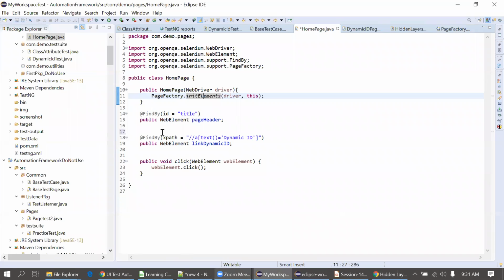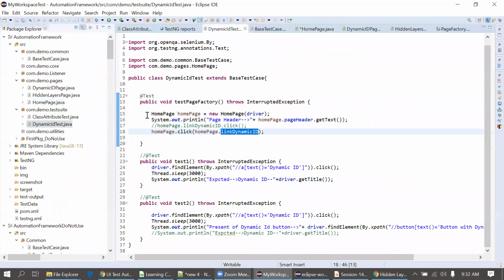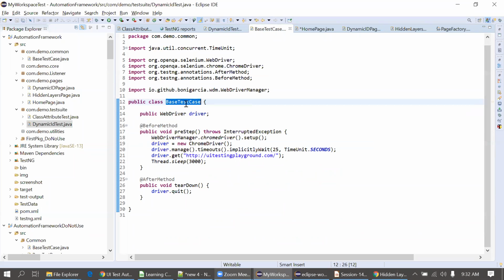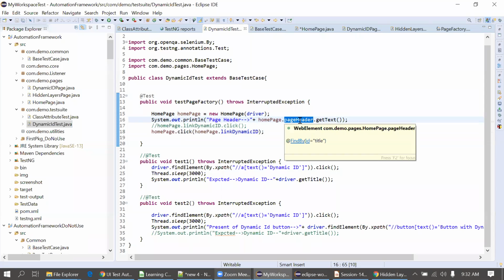Then, when we need to execute, you created another class to execute all this inside the test suite. Inside this, when you created the object of home page and passed the driver, you are calling the base class to execute it on the Chrome browser. If I go inside this driver, you can see it's from the base class. And after that, you have called the methods from that class to execute your locators. That understanding is correct.